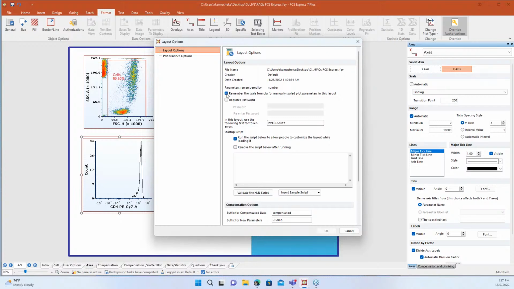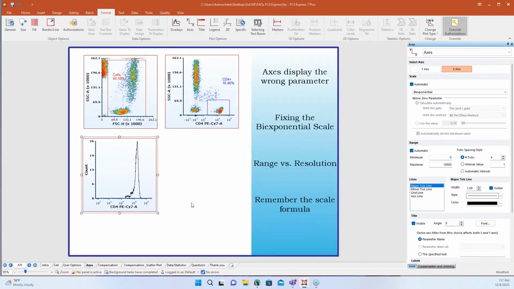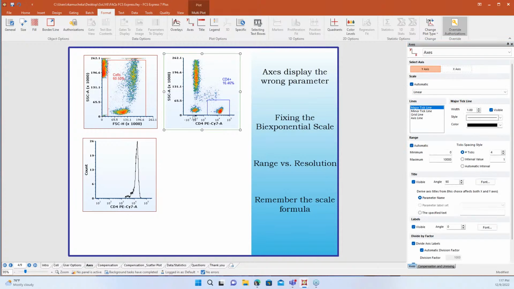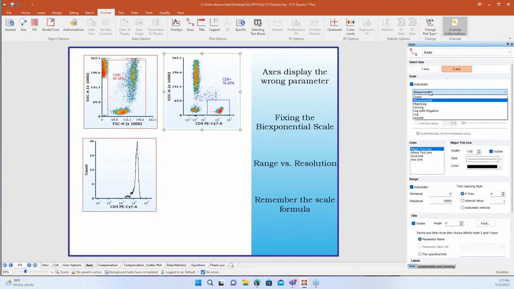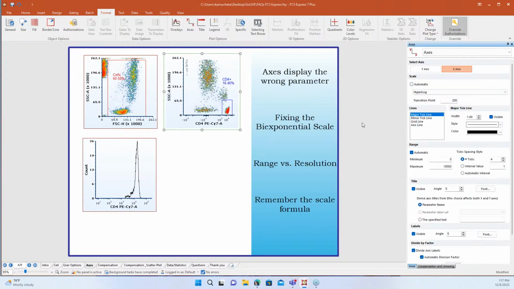So if you're seeing, ooh, yeah, I don't want it to use it for everything, I want to be able to change my scaling on one plot and not on another, just uncheck this box and click OK. And then you'll be able to just modify on your one plot here. Right, so then I can change this and it's not changing this bottom histogram for me. It's just limited to this one plot.